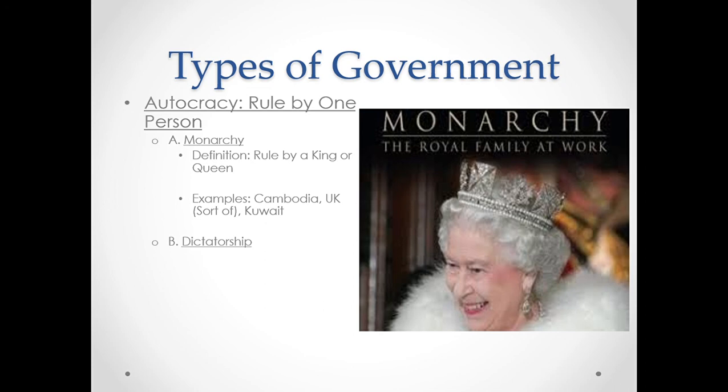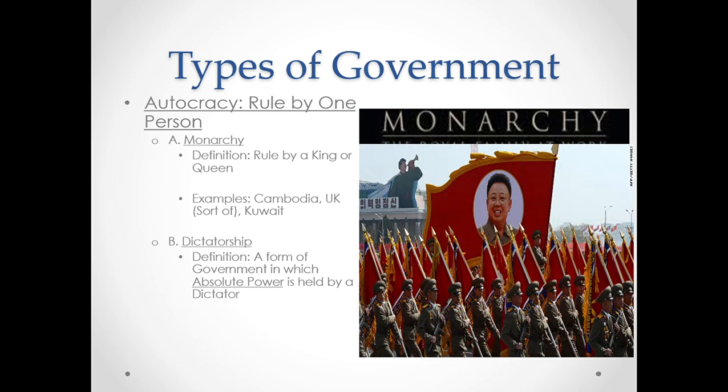But as time goes on, people get a taste for power, and eventually they take it. And so usually a dictator comes to power nowadays by just taking it. They usually have the backing of a military, or they do something a little shady. And we can think of dictators like Kim Jong-un, or, as you guys learned last year in history, Adolf Hitler, Joseph Stalin. These guys were dictators in that they ruled by power, and their rule was absolute. So they were pretty much the only person in charge.